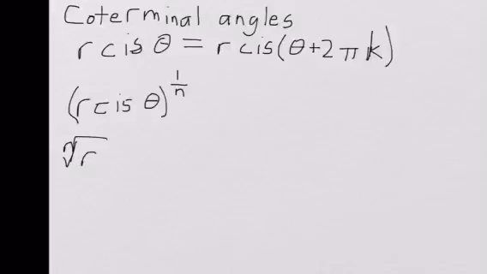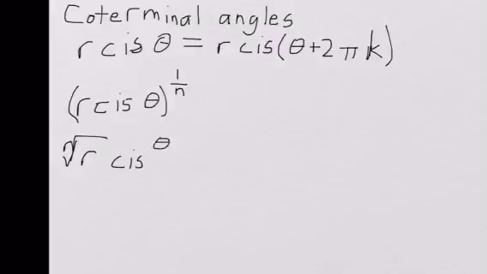We know that we can take the nth root of r because r is always a positive number. And that would then be CIS of theta over n. But being a little bit more generic, because we know any coterminal angle for theta is going to be equal to that r CIS theta,